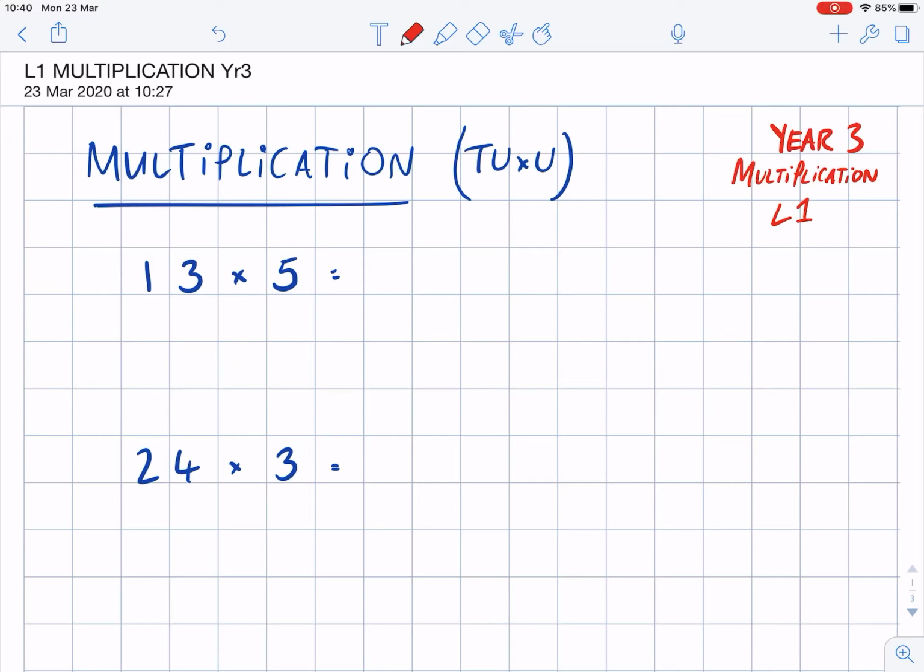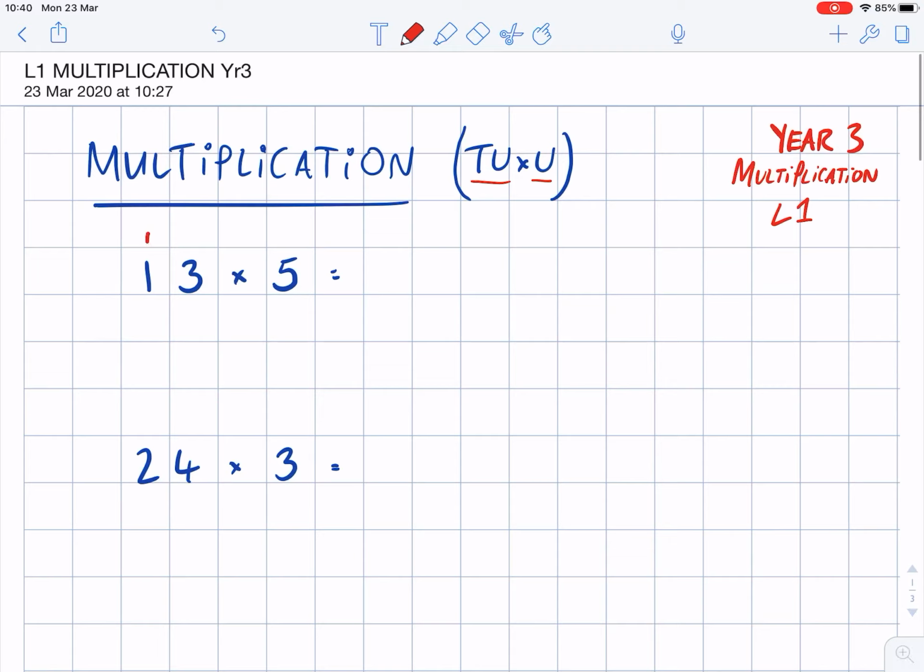Okay, so what we're going to go through now is a year 3 multiplication series of exercises. You can see that to begin with, we're multiplying a 2-digit number, tens and units, by a 1-digit number, a unit. Looking at our first example, 13 multiplied by 5, the way I'm going to work this out is